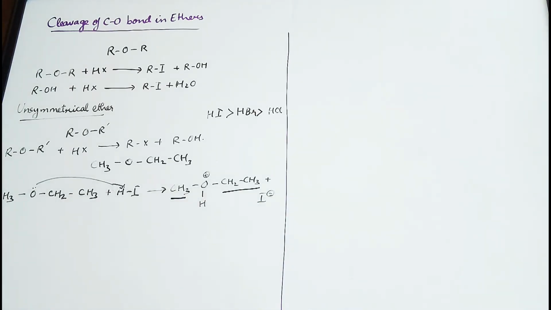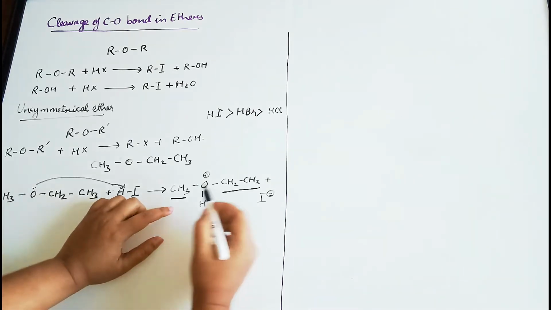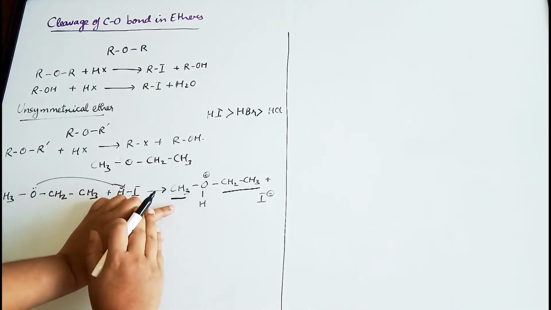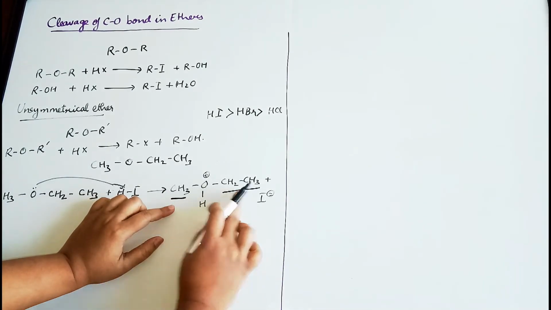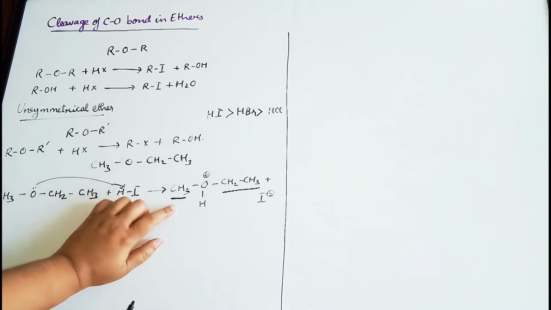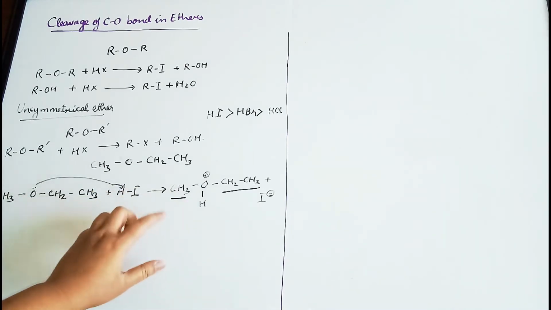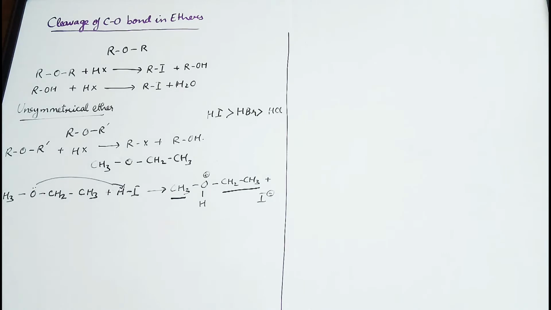The iodide is going to act as a good nucleophile, and it is going to attack the least substituted carbon atom, and in this case this carbon is least substituted. This has another alkyl group, but this just has 3 hydrogen atoms, so this is the least substituted alkyl group